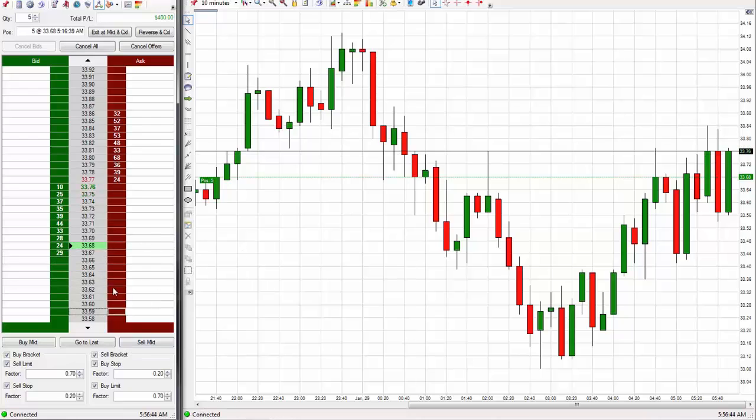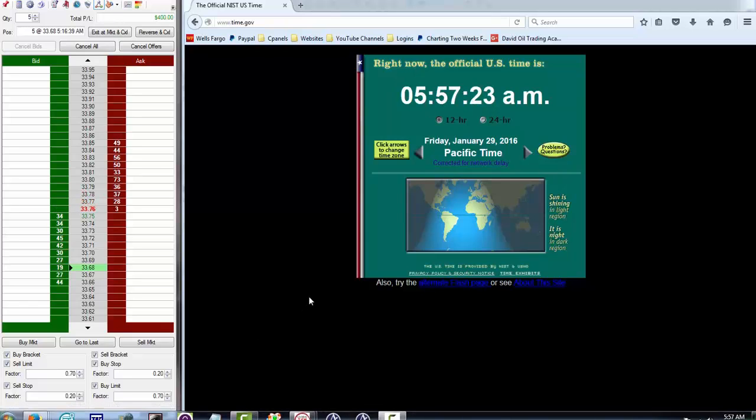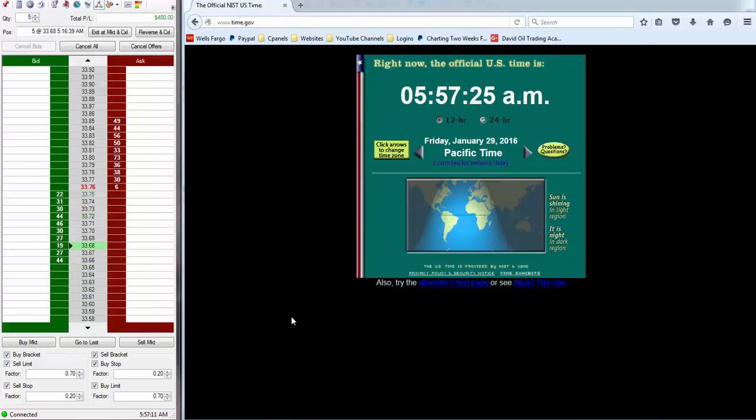And just to bring up the website again to show you the atomic clock, you can now see the clock is still synchronized. It's 5:57 and 12 seconds, and now it's 5:57 on my computer here. So it's about 15 seconds off. I need to synchronize my computer clock to the atomic clock again. It's running a little slow, but